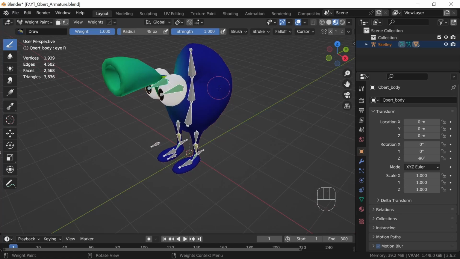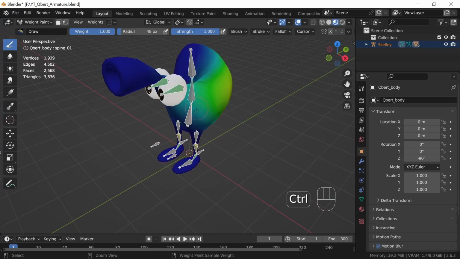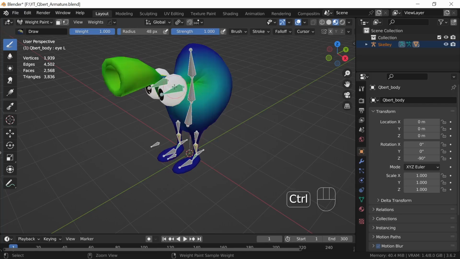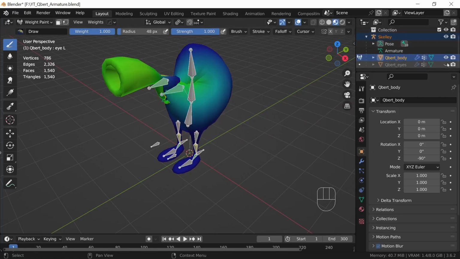Essentially, if you hold control, you can click on all the various bones and you can see the weight assignments that each one has. You notice the eye bones currently have some weight for the actual body, and they should have 0. They should only control the eyes, and that's what's messing us up. So to make this easier, I am going to hide the eyes,